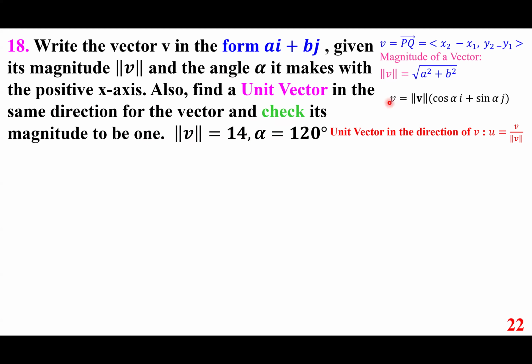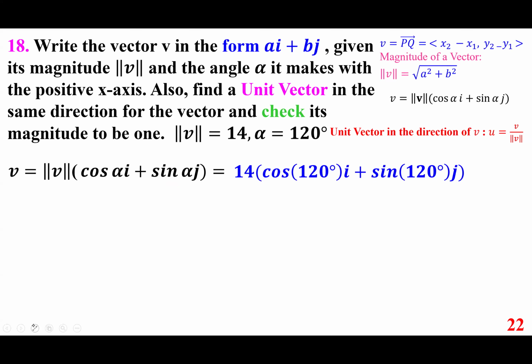Reminding everyone of all of those, we are going to first find the vector. Magnitude is 14, and we're going to use 120 degrees: cosine of 120 degrees i, sine of 120 degrees j,